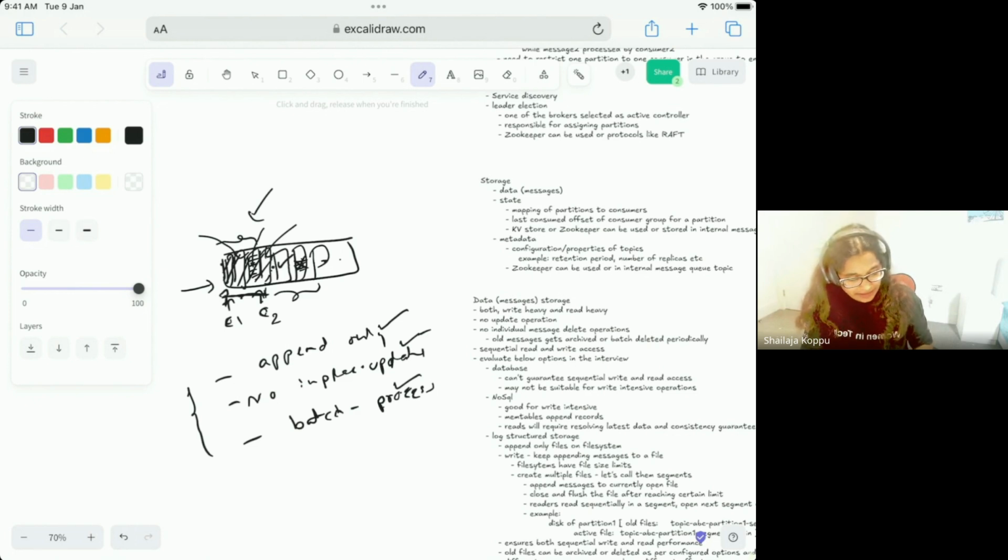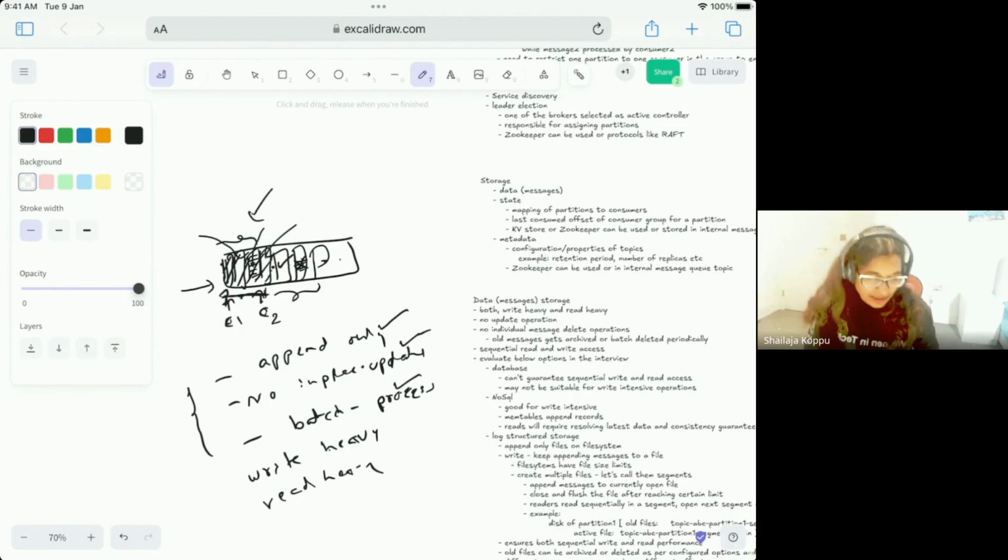The second thing you need to think through when you're designing the storage for any system: is it write heavy or read heavy? In the case of Kafka, it is almost the same. Many producers keep producing, and many consumers keep reading.